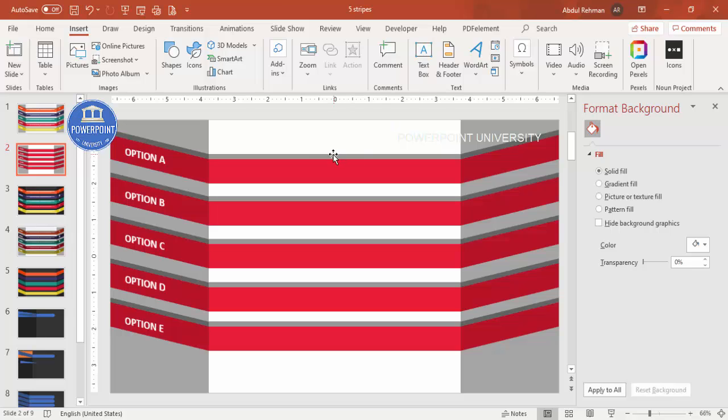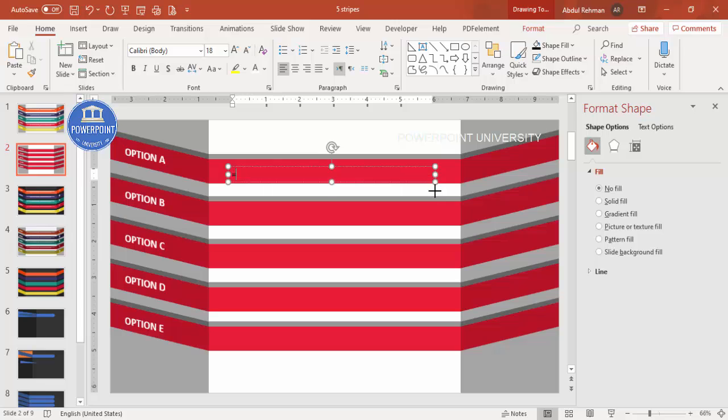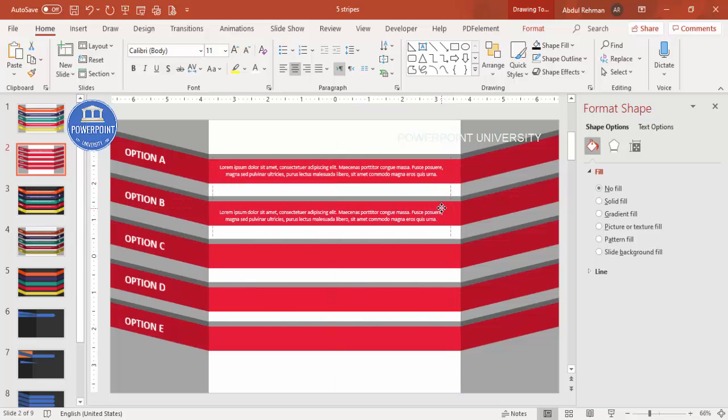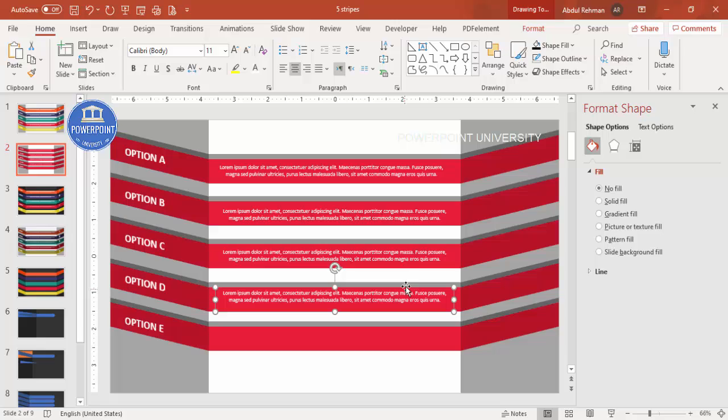So add the text box. I'm just going to add, and I'm going to type equals lorem within bracket 1, white font, reduce the size. You can see if you want, you can make it center align and increase it so that it comes in 2 lines. You can see here something like this, and then press Ctrl D to duplicate and add it to the rest of the options. You can see here, Ctrl D,